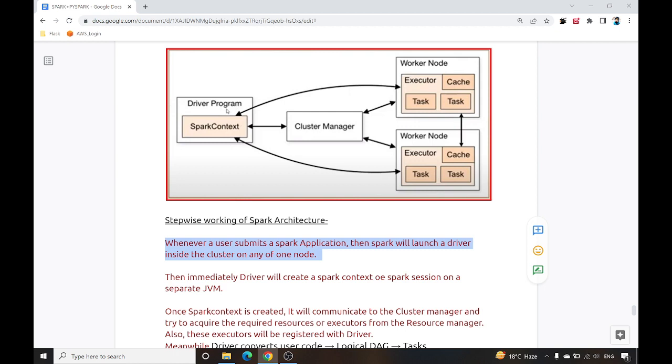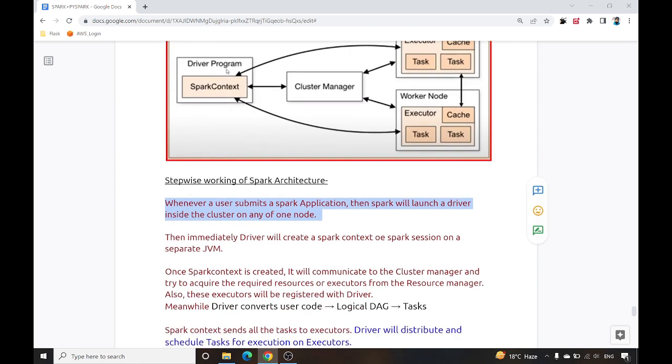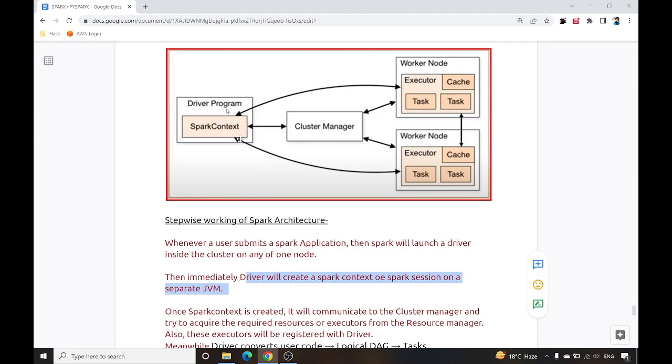Spark will launch a node as the driver. So this is the driver. The driver is nothing but a node inside a cluster. Then immediately the driver will create a Spark context or Spark session on a separate Java virtual machine. So inside the node it will create a Spark context.